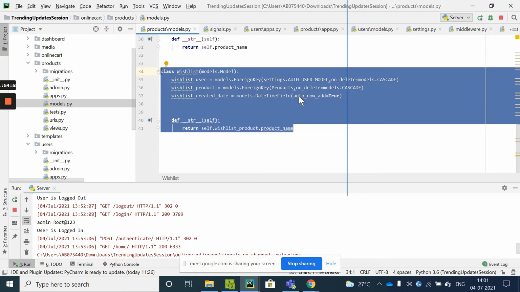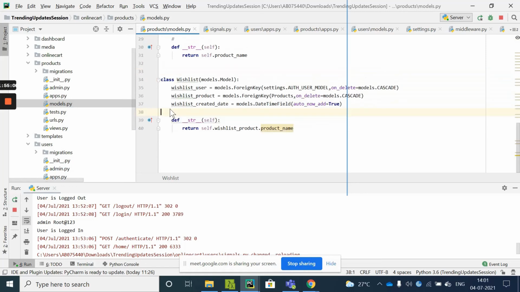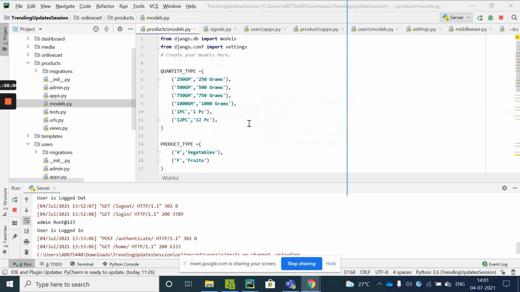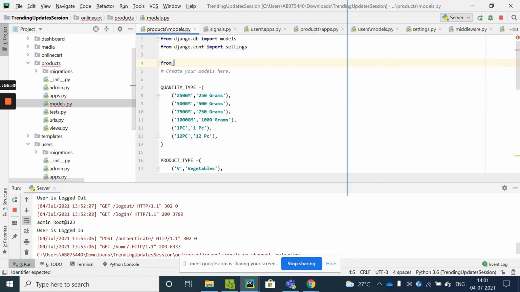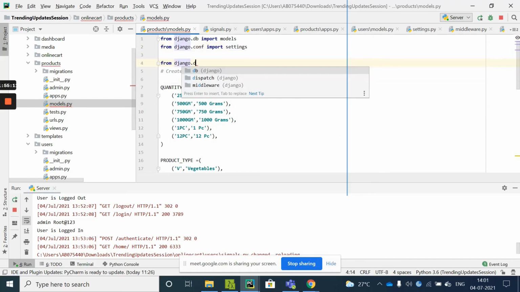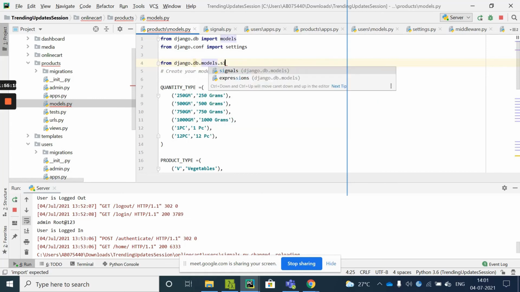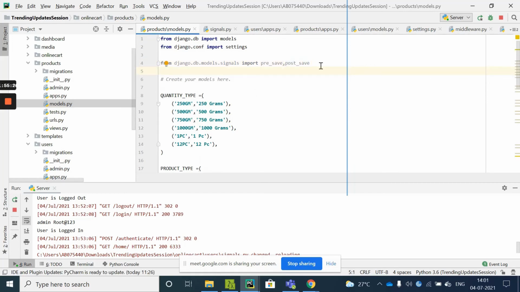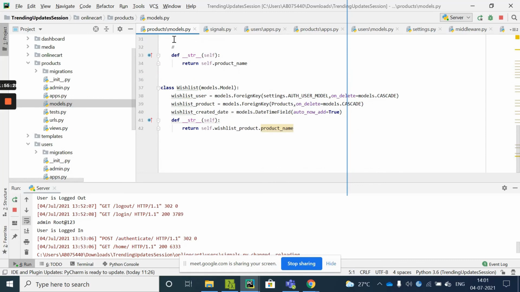On this model save, I first want to take in what all things are required for me. I just want from django.db.models.signals, these things I had told you about, pre-save and post-save. We will see as soon as our model wishlist is saved. Our model is present inside this product app itself.